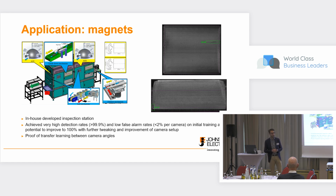And up to now, we didn't achieve 100%, obviously, but it's about 99.9% and increasing. I guess 1 or 2 parts passed, and you cannot get rid of those anymore. So we'll asymptotically achieve 100%, hopefully. And the false alarm rates are quite low, lower than 2%, still working on that. 2% per camera means, of course, 20% total, right? Because every camera rejects 2% of its good parts. So still some